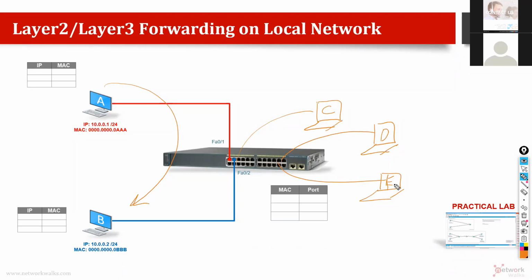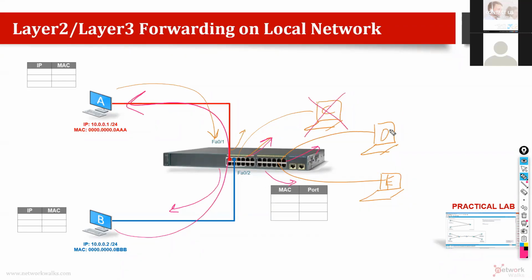Only 2 entries. Why? Because you are right that the switch will do a broadcast. So the message will come here. Switch is going to do the broadcast to everyone. Switch will say, guys, I am finding someone who has a MAC address of BBB. But only B is going to reply so that the switch can learn. These guys will stay silent because they will see that the message is not for them. They will learn this from the destination MAC. So immediately they will know that the message was not for them.